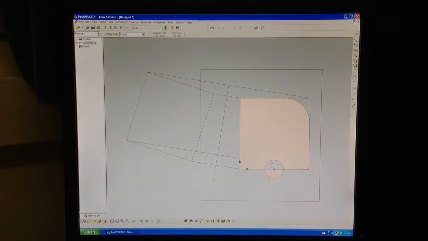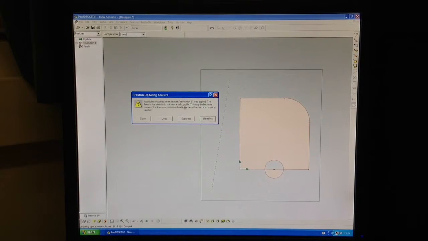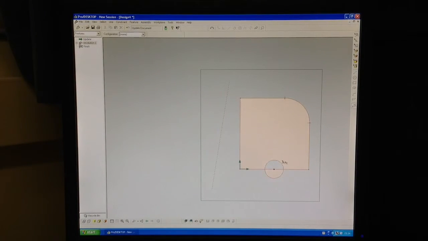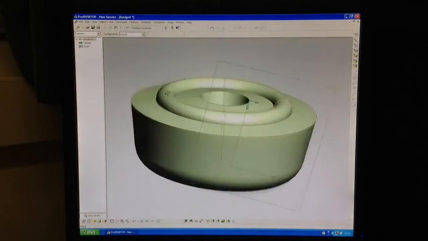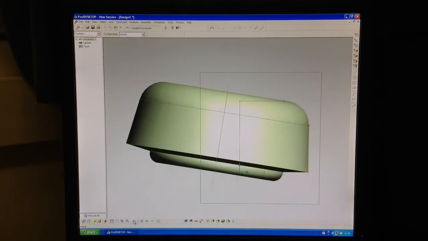Some issues appear. If I try to update this now and do the revolution, I'm going to see some problems. And if you look at the error message, basically it doesn't see that as a valid profile. Lines are crossing over, and those lines, get rid of that, those lines are these ones down here, so let's just delete those. You can see how it becomes shaded again, and now the shape that I'm producing is that. At the moment this is a solid profile revolved around that axis, but I can make a hollow shape as well. If I deleted that line,